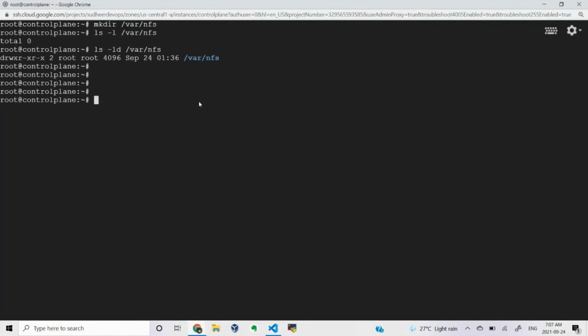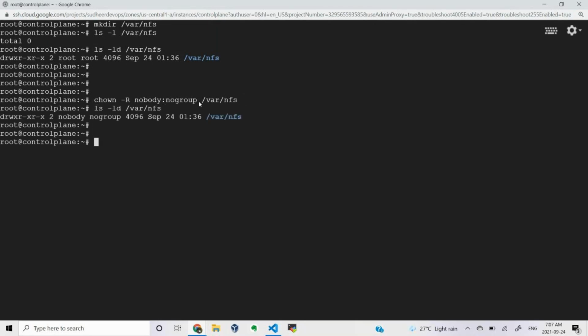But if he is using any other user to create directories under this NFS storage, it will create a permissions problem. To avoid that, I am changing the ownership of this directory to nobody:nogroup, which means everybody can read and write the directory. Done.